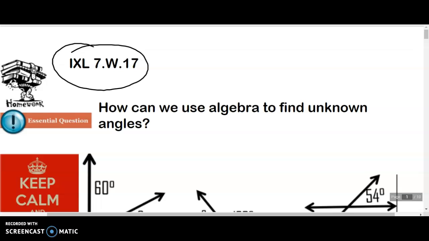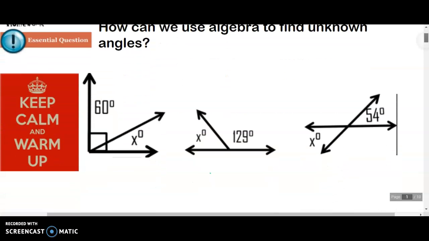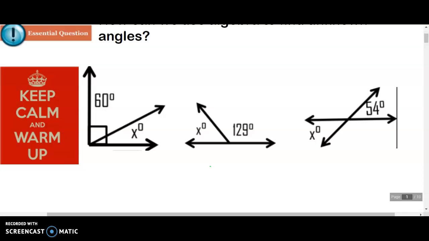You can find that linked to Google Classroom where you found this assignment. And our essential question is, how can we use algebra to find unknown angles? So today we're going to take our love for algebra with our love for finding unknown angles, and we're going to combine them. Before we begin, the warm-up talks about, we're going to go over the three major